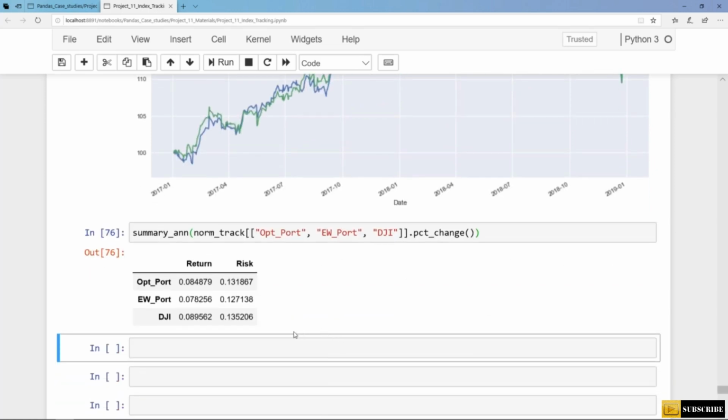And here we can see for the Dow Jones index for the 2 years period, a return of 8.9%, and our optimal portfolio is pretty close. And also the risk is pretty close to the Dow Jones index. So we have an optimal portfolio here, and we actually optimized the portfolio and the parameters like the weights based